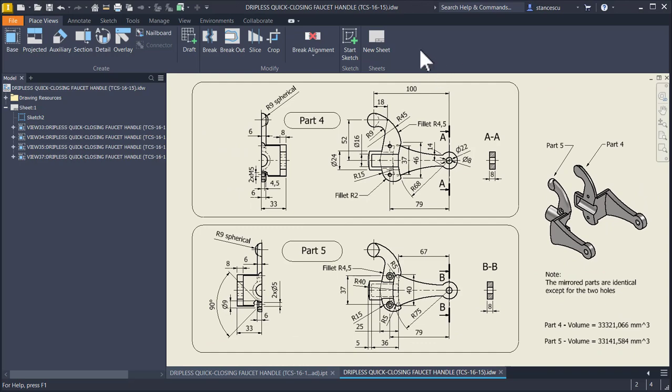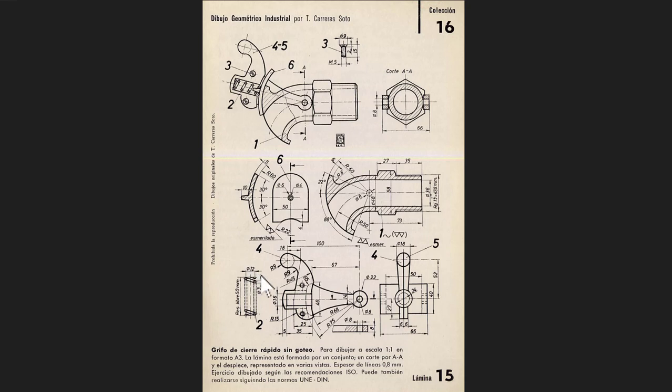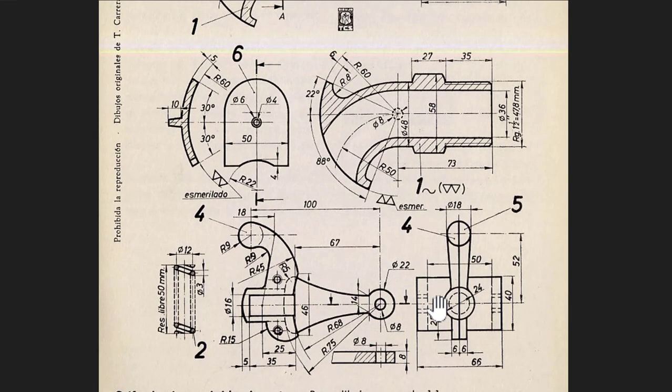As you already know from the previous tutorial, the source is also from Timoteo Carrera Soto, but the part is not this one, but this one. A couple of two symmetrical objects, number 4 and number 5. About this